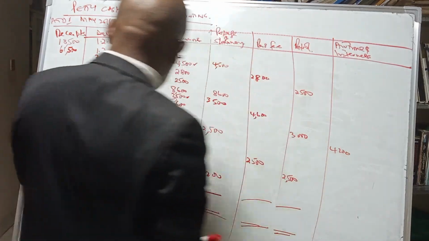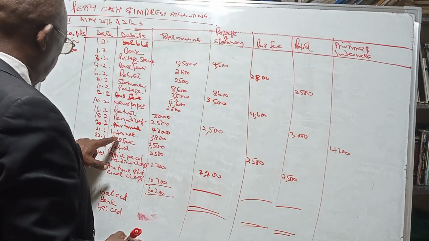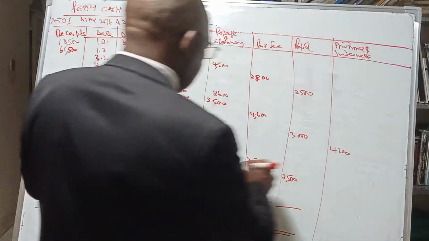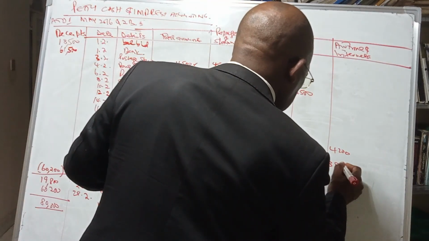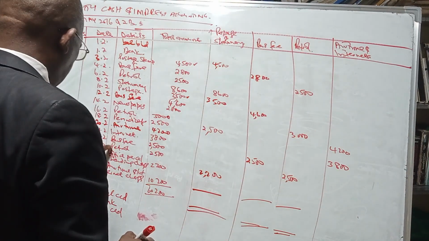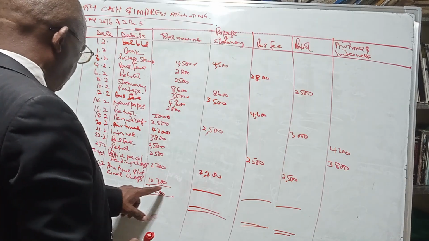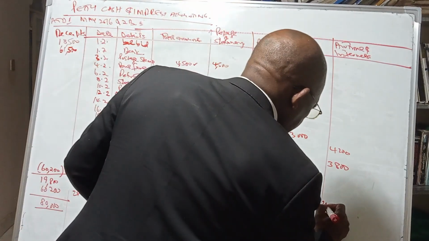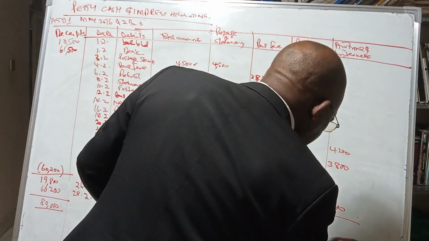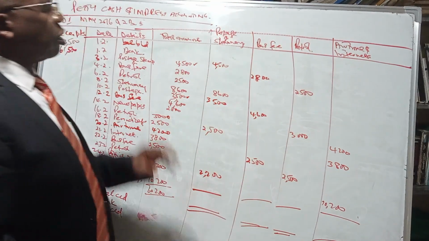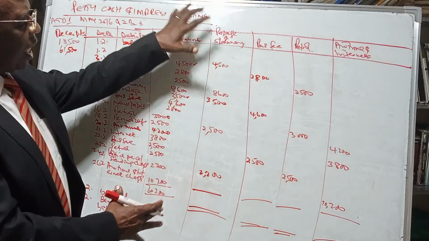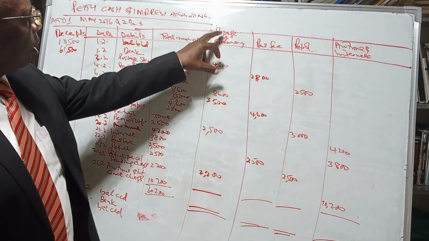Internet, 3,800. Airtime and internet here, 10,200. This is categorization of various expenses so that we can now get the categories, and whatever belongs to postage